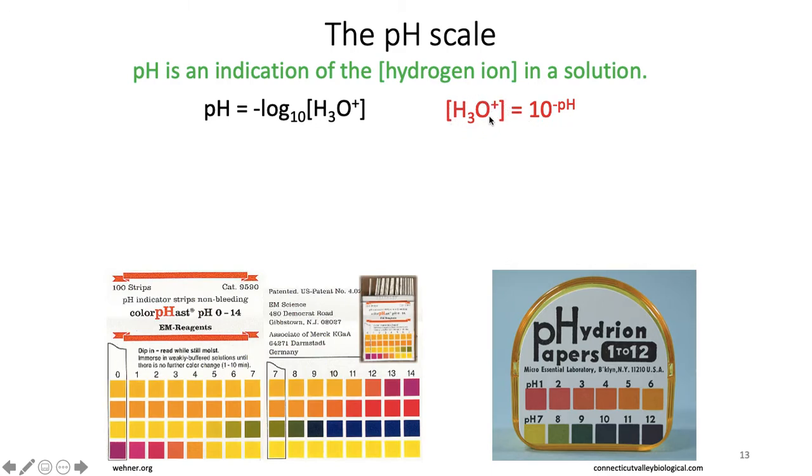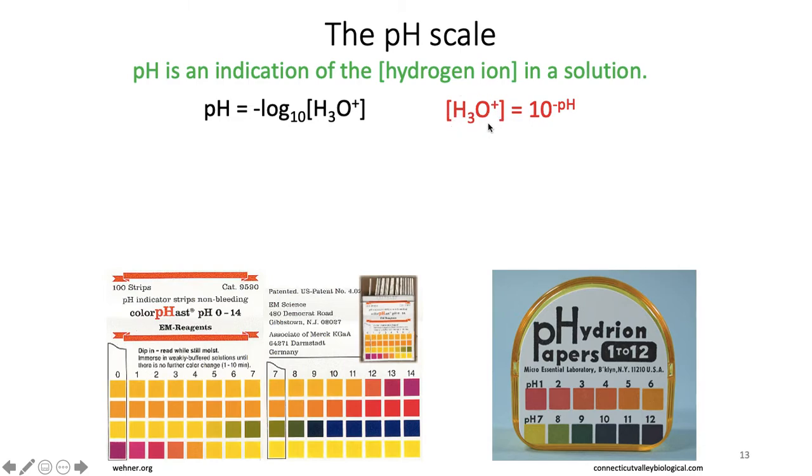To find the concentration of H3O plus, you do 10 to the minus pH value. So if I told you that the pH is equal to 2, what is the concentration of H3O plus? You would do 10 raised to the minus 2 power, because the pH is 2,